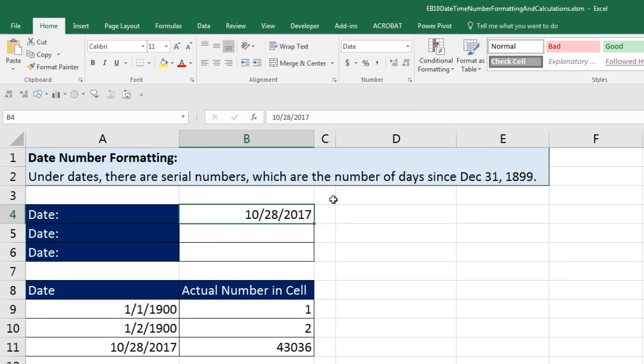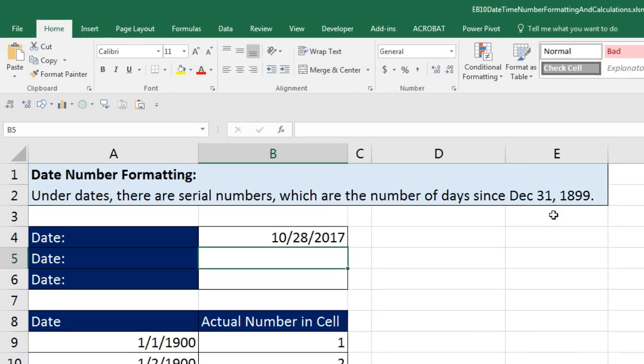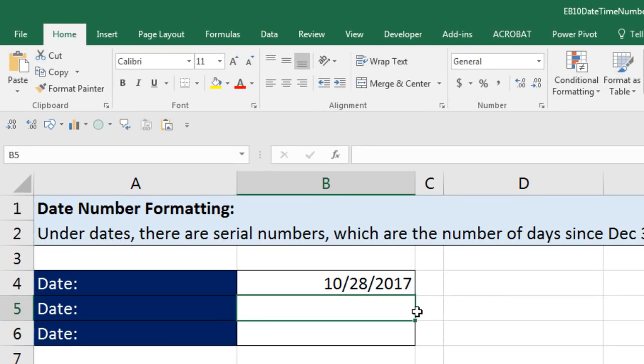I can also go up to the formula bar, and it looks like exactly the same thing. Now, this is one of the number formatting examples, sort of like percentage we saw last video, where you're not going to be able to go up to the formula bar and actually see what's in the cell. So I want to do this again, and I'm going to click in cell B5 before we type the date. I haven't added any number formatting to that cell. So now when we look up in the number group,